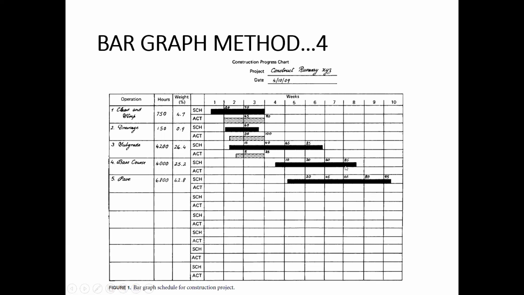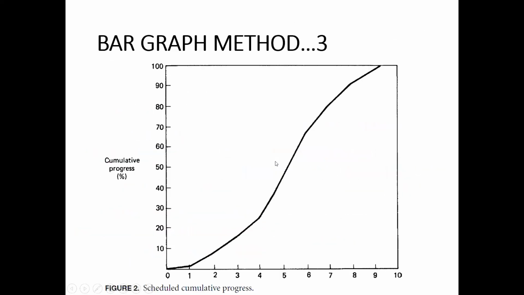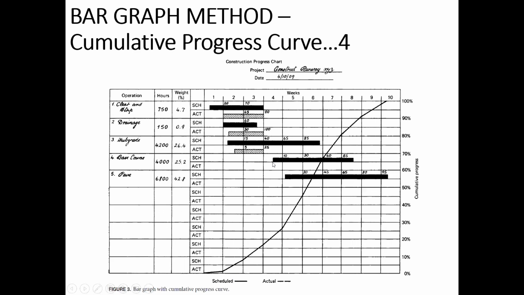So it means that we are taking the status of this project by the end of third week. That is the bar graph. Then we have another one, which is just the combination of the previous two pictures. Here we can superimpose the bar graph with the cumulative time curve as well, so we can show both on the same page.